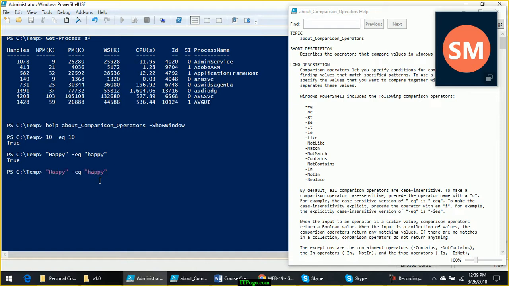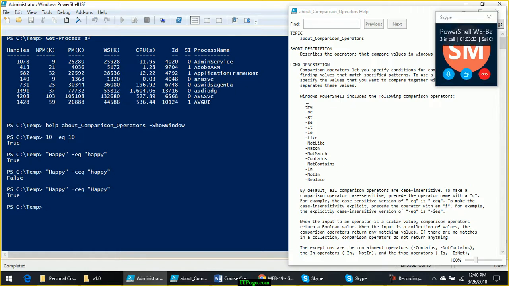But if you want to make it case sensitive, you have to put a C in front of equal to, which is not mentioned in this list. Any operator you are using with a string, you use C in front of it and it will make it case sensitive. Now case sensitively these two strings are not equal. These strings will be equal if you use the same case.